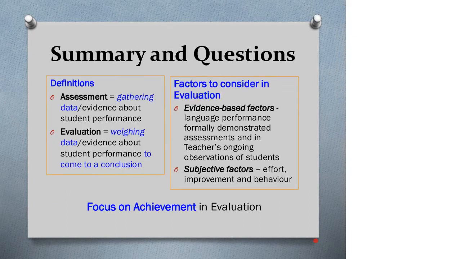So let me go back to my summary. That was the main thing. The other thing that I really wanted to do with this presentation is to put on the floor what factors we consider in evaluation, because I think sometimes those factors are not clearly laid out. People make decisions, but they don't necessarily communicate to the students exactly what those decisions are based on. I know I myself have been in the situation in an academic program where I've gotten a mark, and I'm a good student, so I get good marks, but I don't actually know what factors went into that mark, and I don't know what weight went onto each factor.